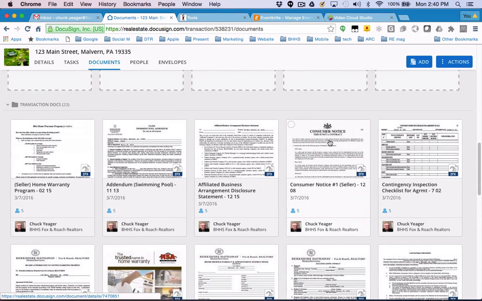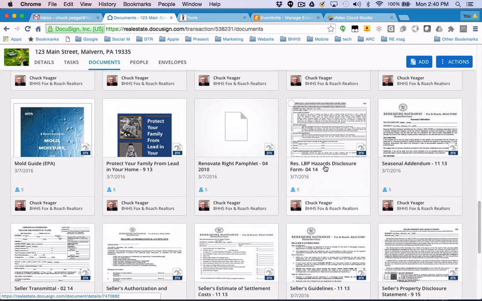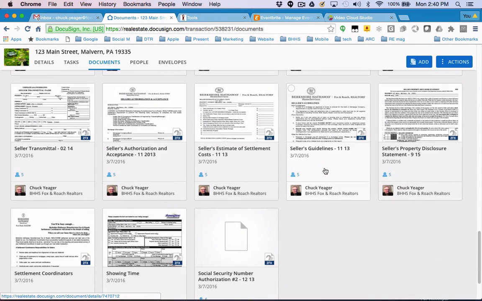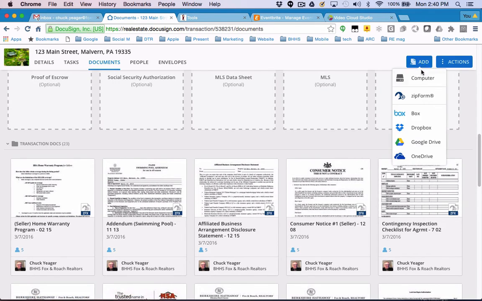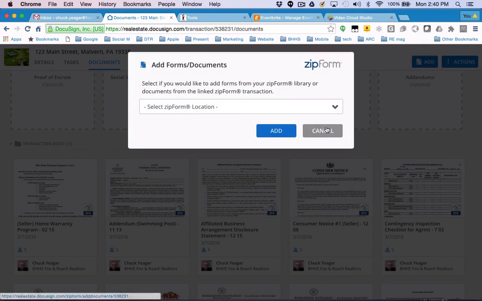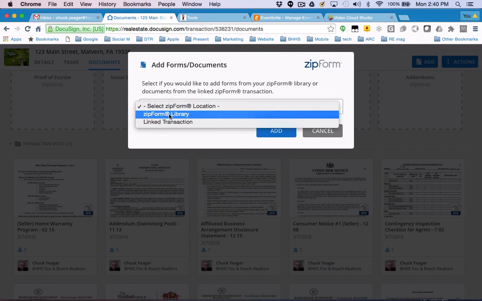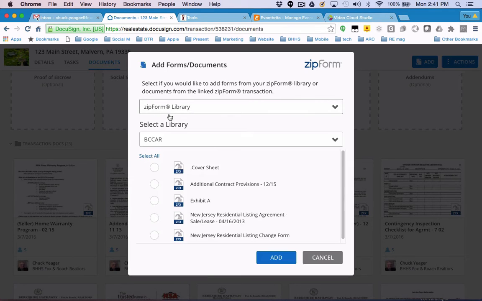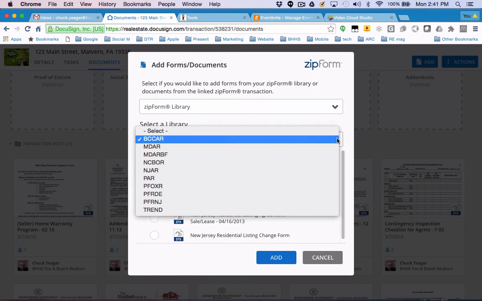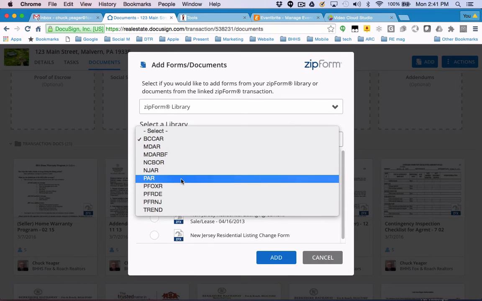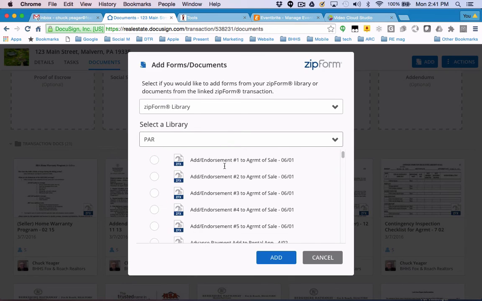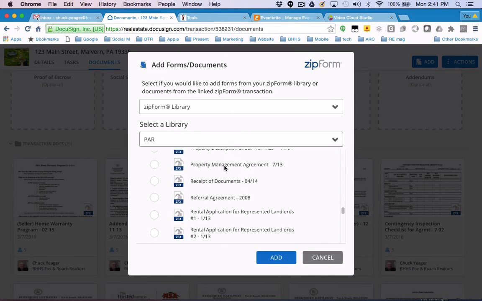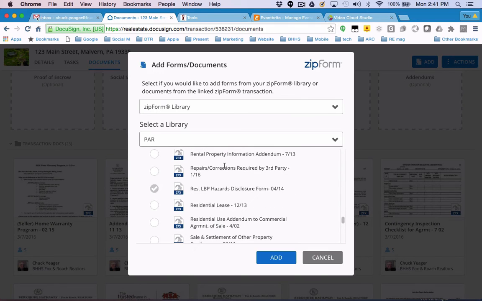Now, what if I need to add another document from Zip that's new and was not in my template in the beginning, like maybe a reply to inspection or whatever it may be, something that's not already here? I can simply go to Add, click on ZipForm again, and this time I'm going to say from the library. With that, I'll be able to choose my library. So all of your libraries are there. Yours will be there. You pick it. With that, your entire form library will come down, and you'll be able to scroll down